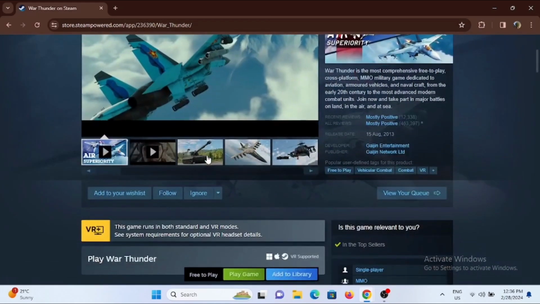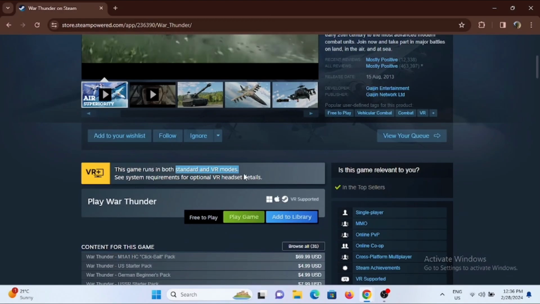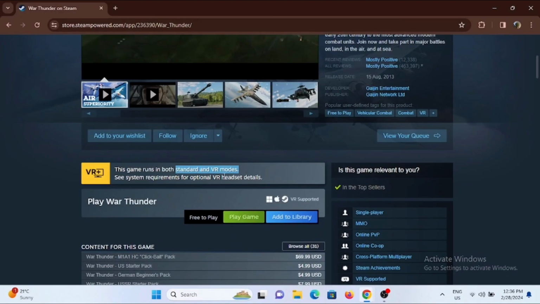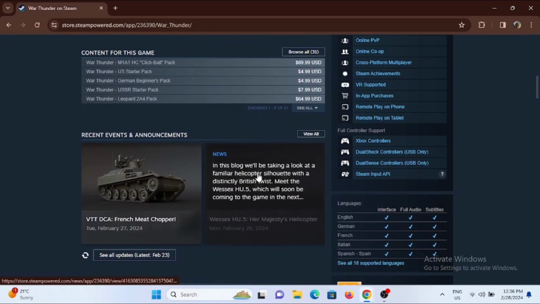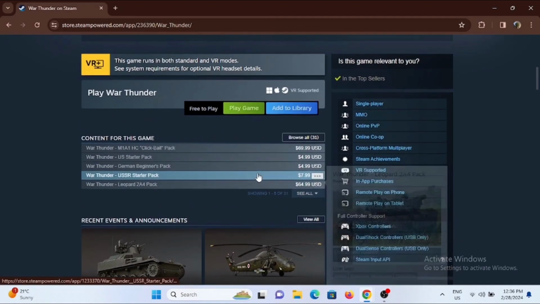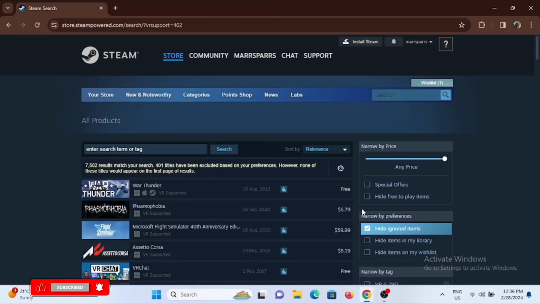Now, if you have not purchased it, go ahead and tap on Add to Cart. Now, as you can see, the game runs in both standard and VR mode, which means that you don't have to do much hassle to connect with your Oculus Quest 2. Now once it is successfully installed, you can just go ahead and launch your game of War Thunder in your